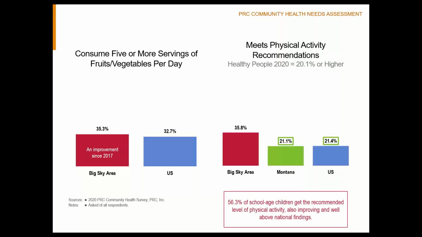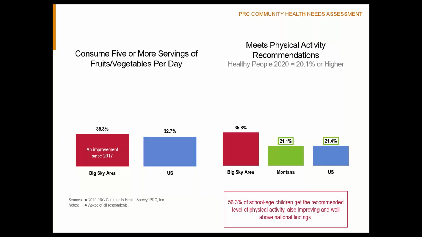And we also had a series of questions about the types of physical activity so we can understand intensity. We asked about duration and frequency, and from there we can determine if people are meeting physical activity guidelines set forth by the CDC. And although only 35.8% of residents clearly, far from a majority, are meeting those physical activity recommendations,